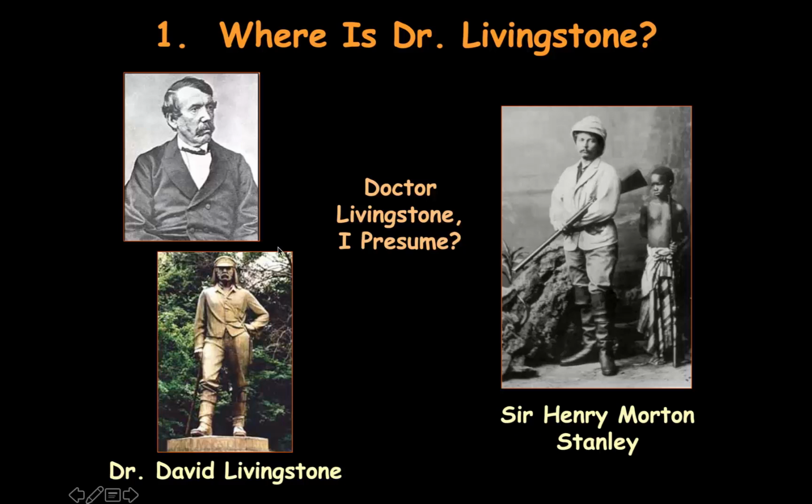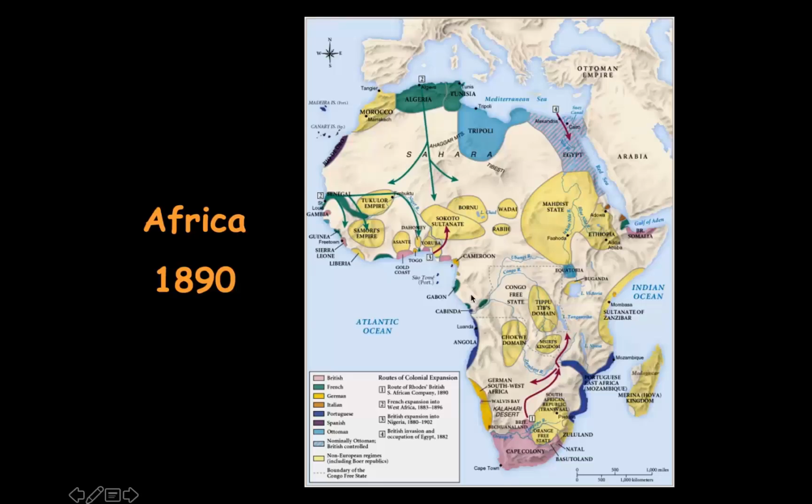And the famous British phrase, Dr. Livingstone, I presume, right? After searching for years to find this guy who was lost in the middle of Africa somewhere. Anyway, when we get to 1890, this is the year where things really start to change. In 1890 is when a number of European nations were ready to go into Africa. The problem is that these European nations, who are developing large militaries for their colonies, including England, Germany exists now, by the way, and we'll get more into the development of Germany and Italy and those states after this lecture. Well, Africa in 1890 is basically ripe for the taking.